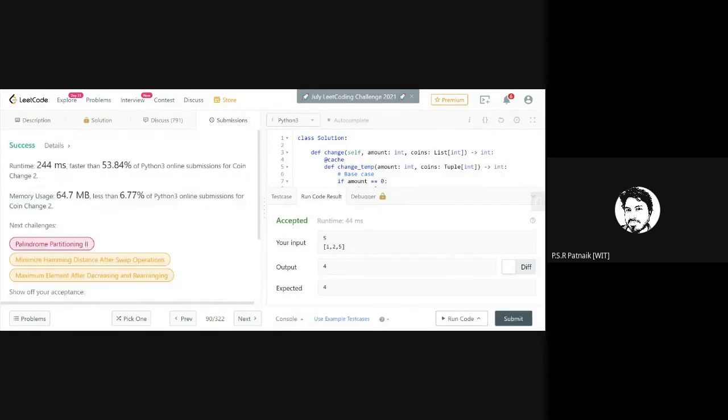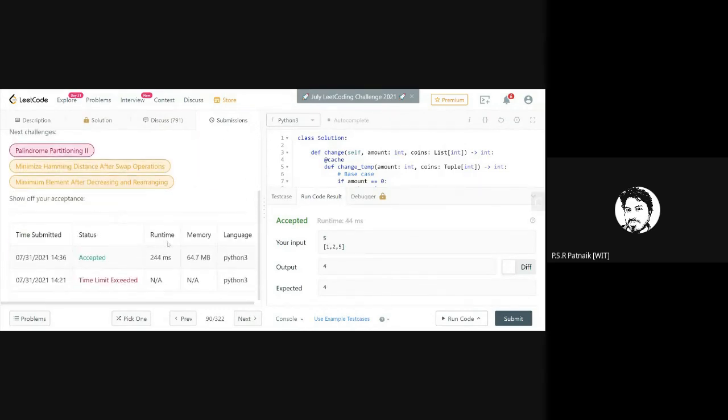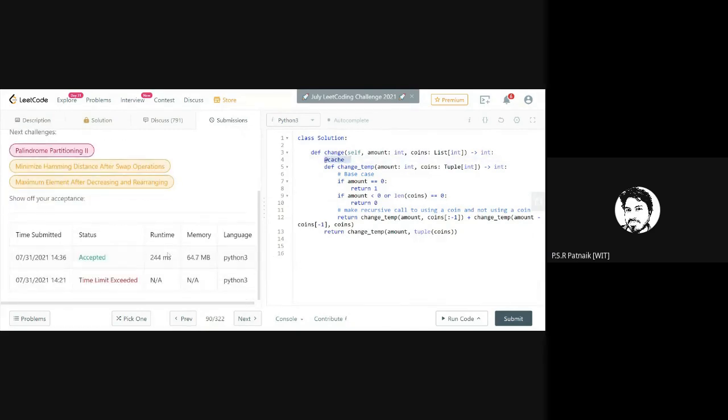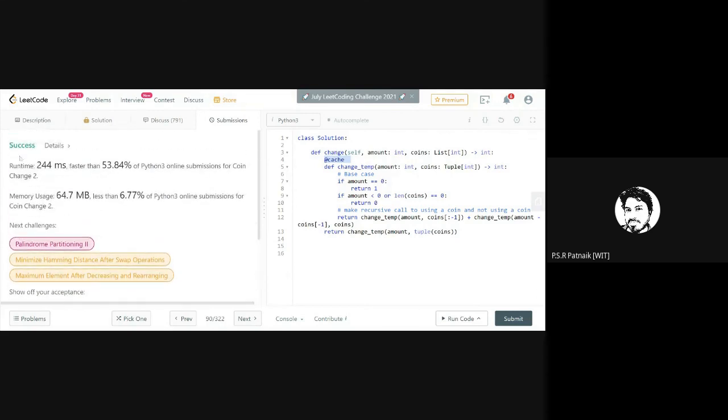Earlier, how many cases had passed? 14. Okay, so now you can see here that earlier 14 cases had passed, but since I have used cache, it does exactly what memoization does. Now you can see that all my cases have passed. Let me show you the table here.